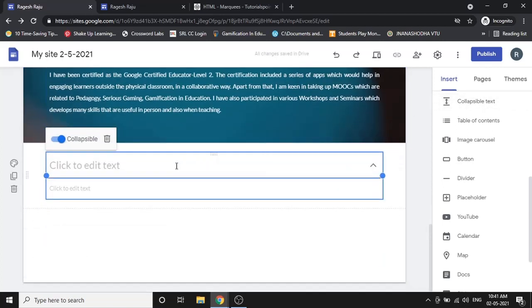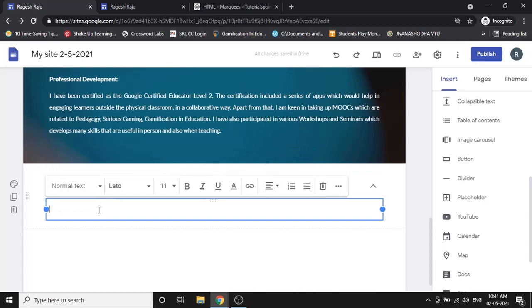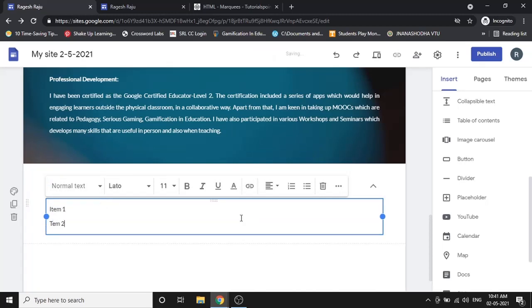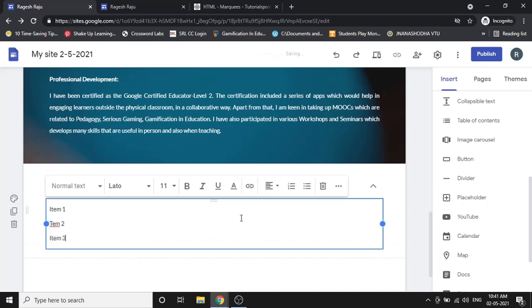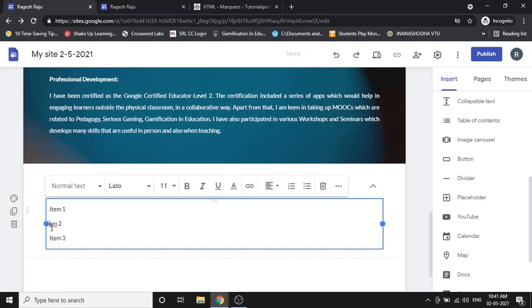You can see a text coming here. So I can give a menu here, and below this I can give some items: item 1, item 2, item 3, something like that. I just add it here. Okay, this has been added.